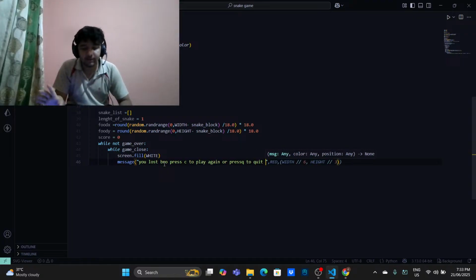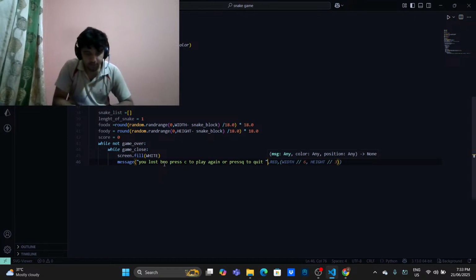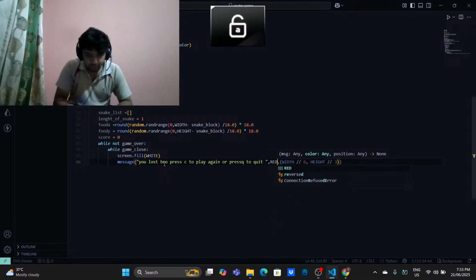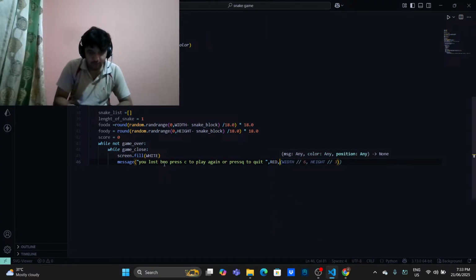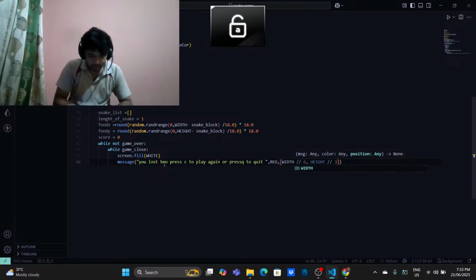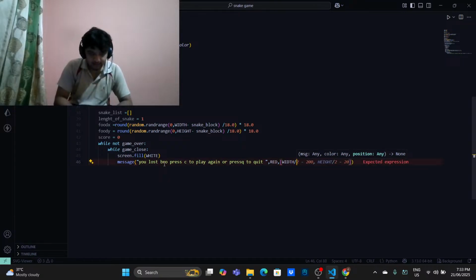We are defining it. Then we are going to create it with the red color, then width, white, over here divided by 6, and then we are going to